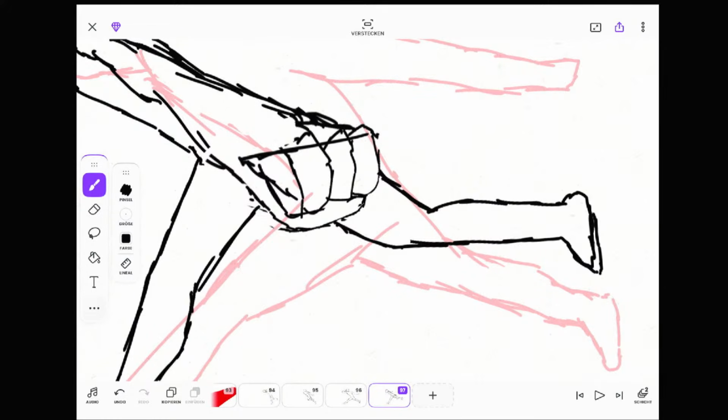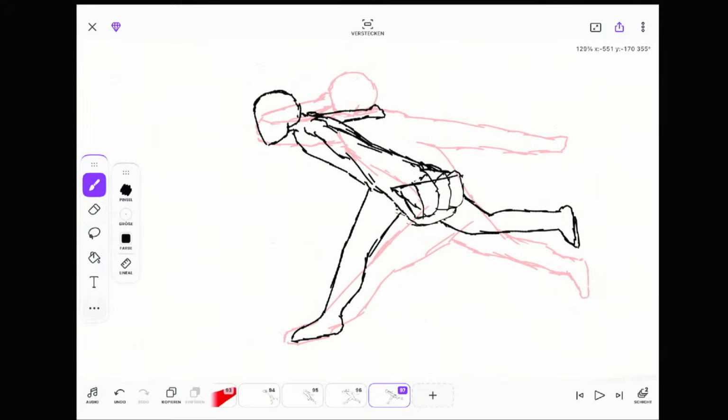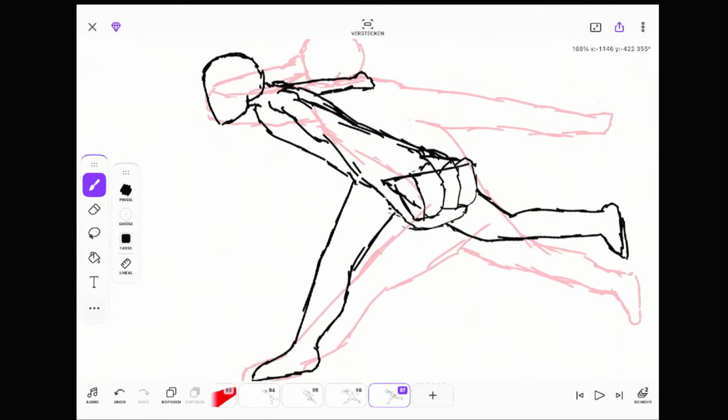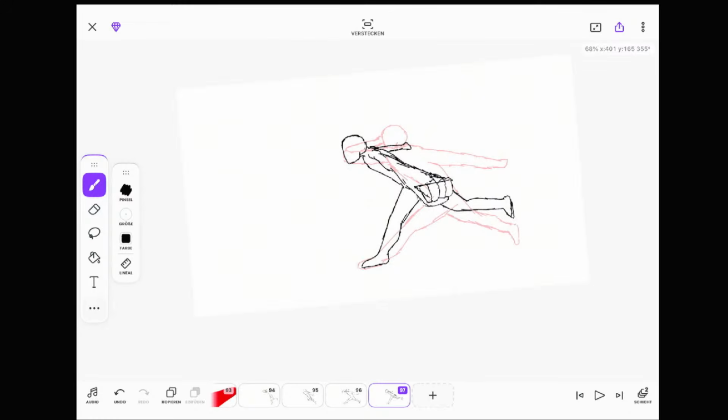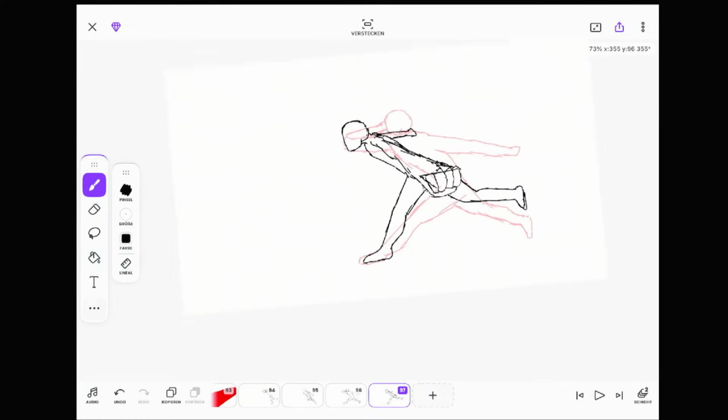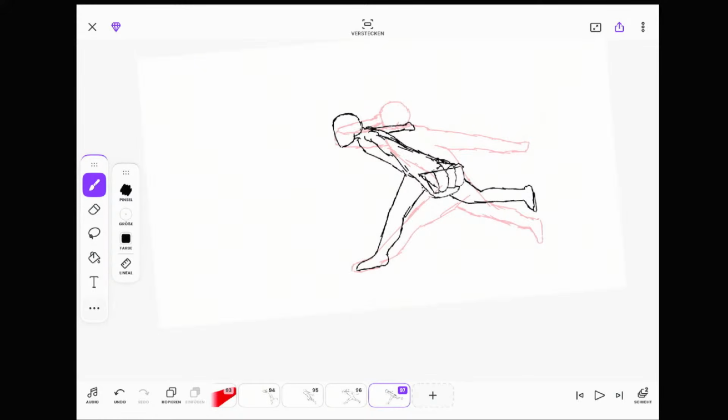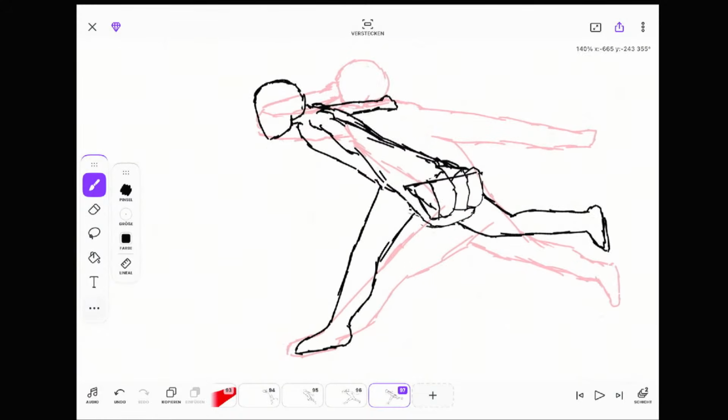Can you please make a live stream of a fighting animation if you don't mind? Do you want a fighting animation of real characters or like stick figures? Because right now I'm actually doing a real live stream of animating a fight. So if you want stick figures, maybe I can also do that in live streams.